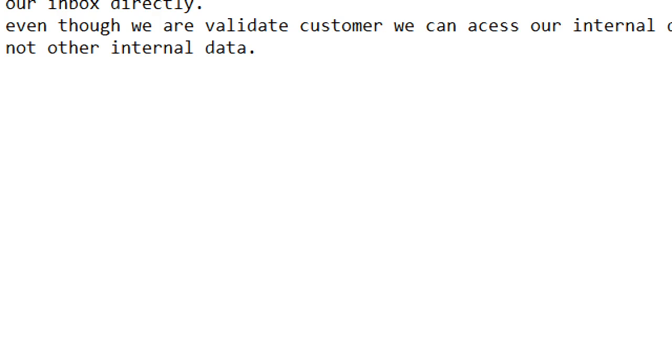Okay, then how can we achieve this in object oriented programming?